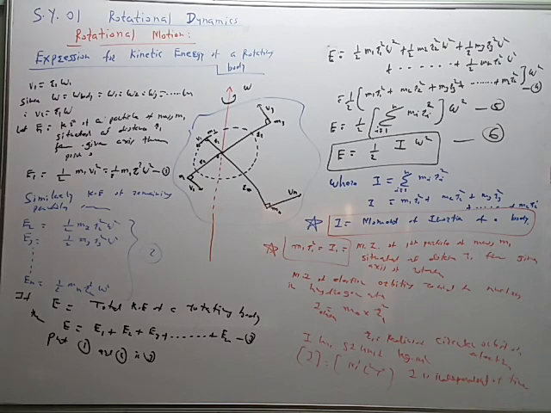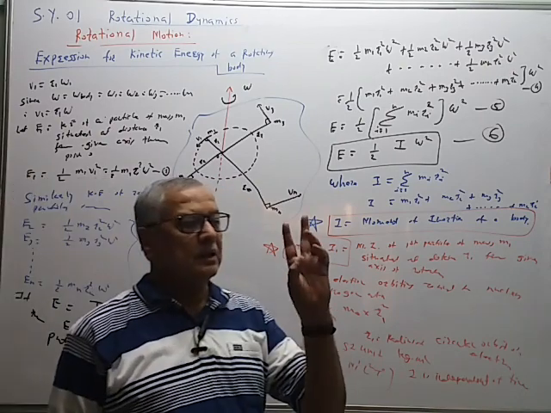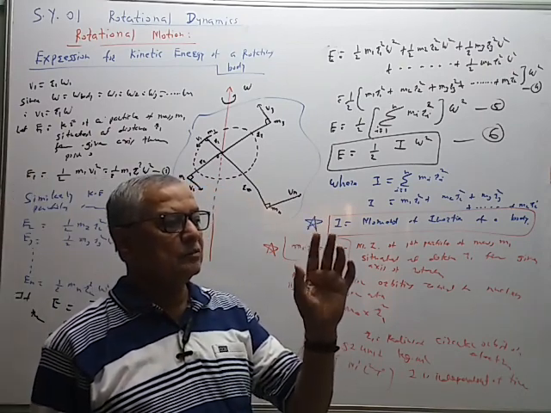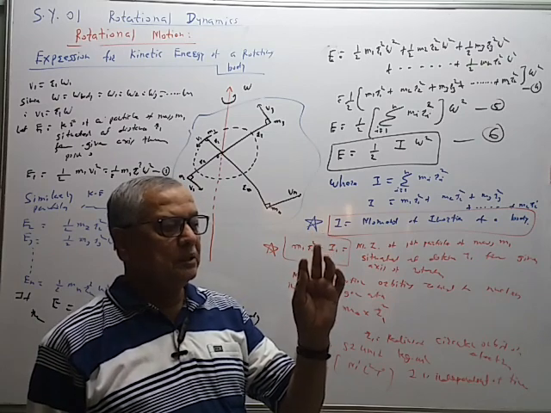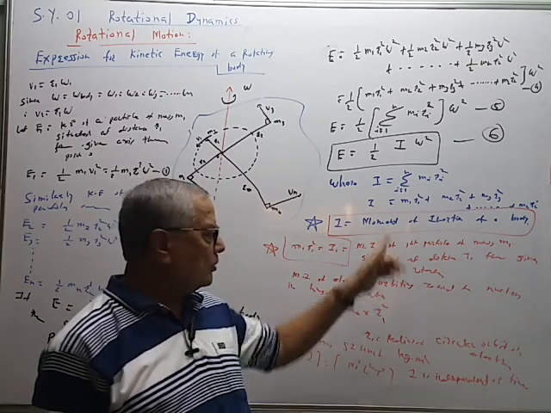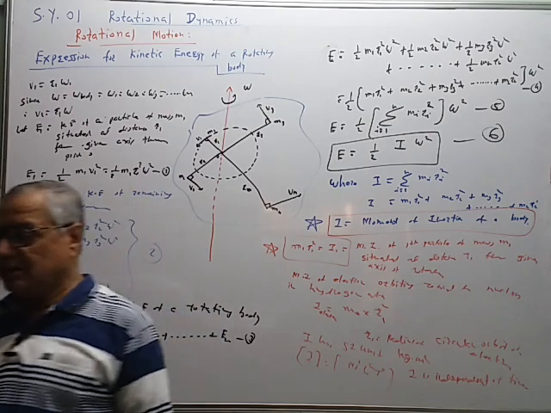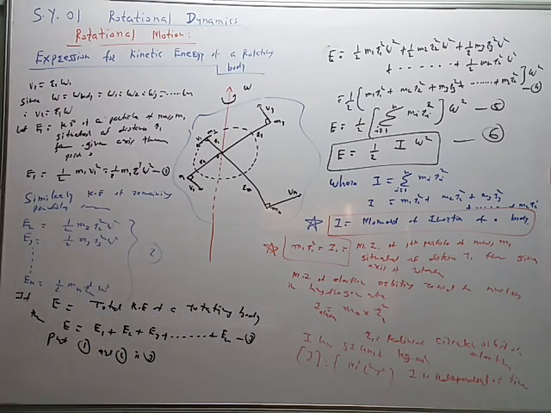So now we have derived the expression for the kinetic energy of a rotating body. We know that in any motion the body or the particle is associated with five quantities: displacement, velocity, acceleration, momentum and energy. So we have found the relation for energy like this. The value of the displacement, velocity, acceleration we already know like this. So this is about the kinetic energy.